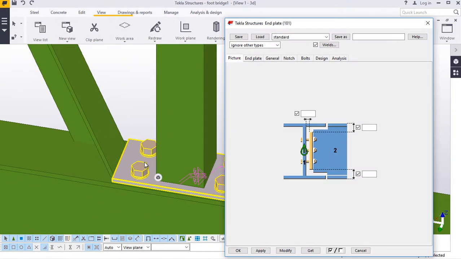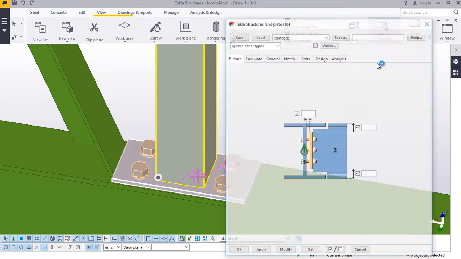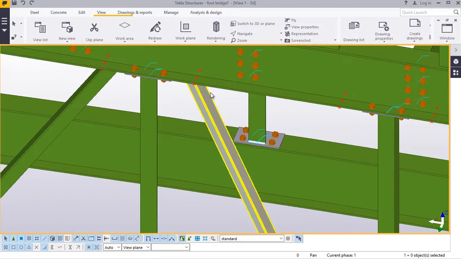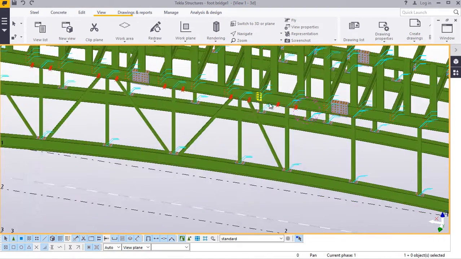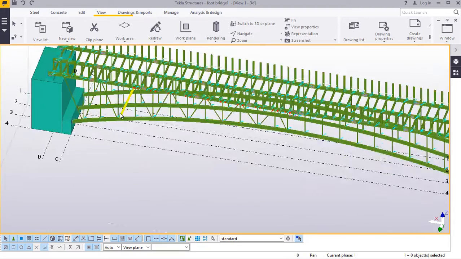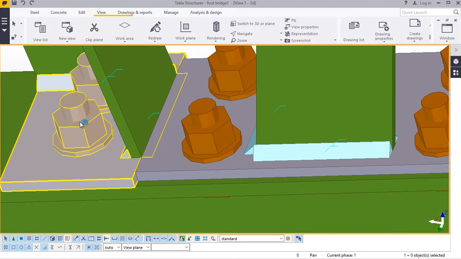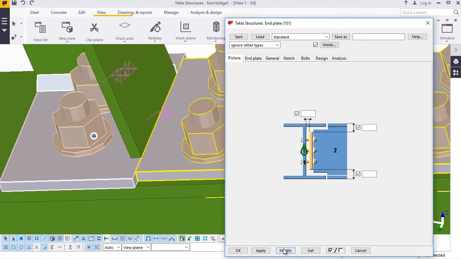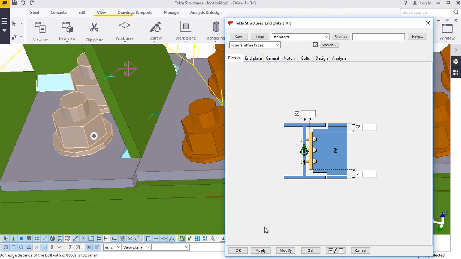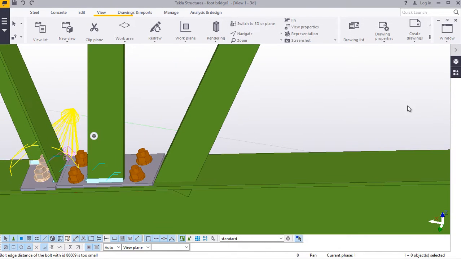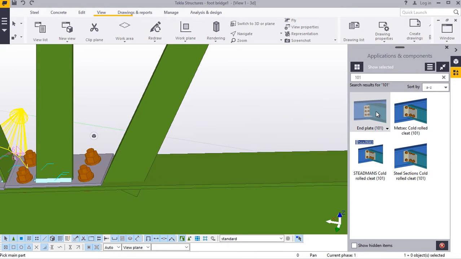I'll double click on this. I'll come just behind here. I want to default on a connection here. I'll double click on that. I'll click apply and OK. Now what I'm going to do, I'll come to end plate,